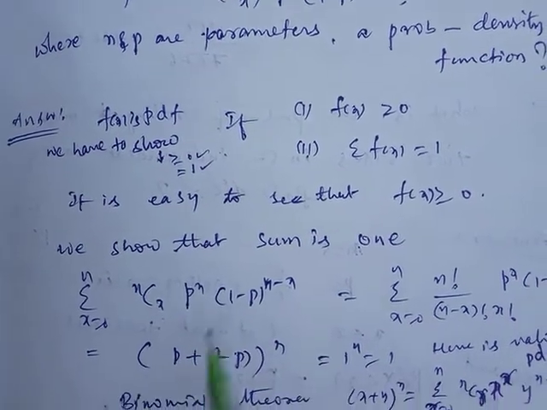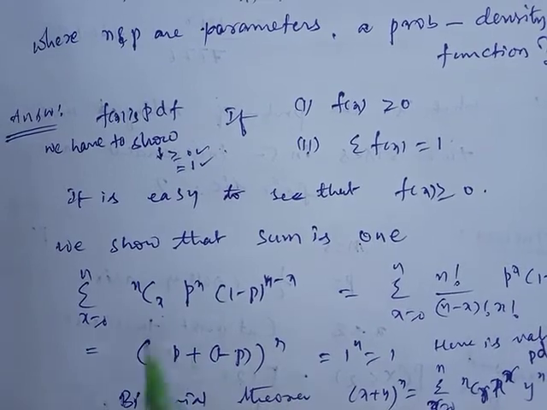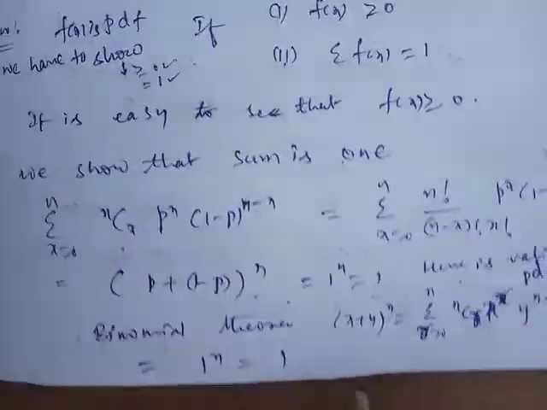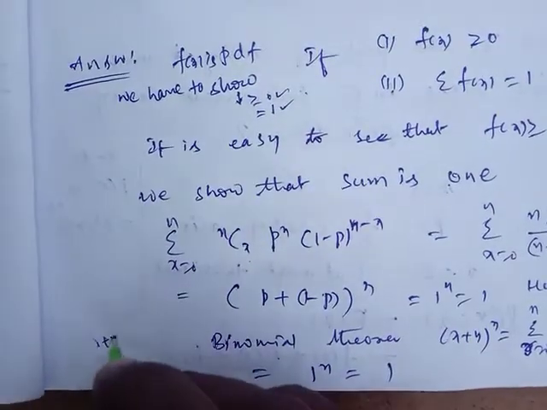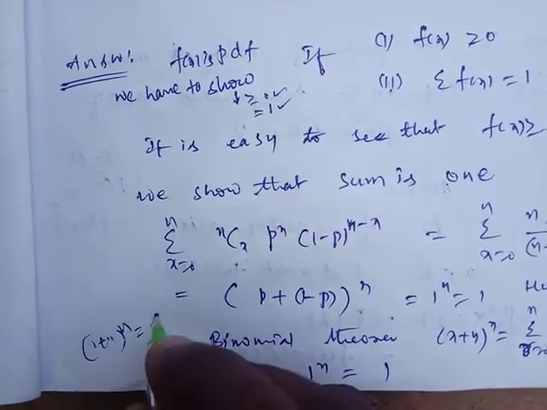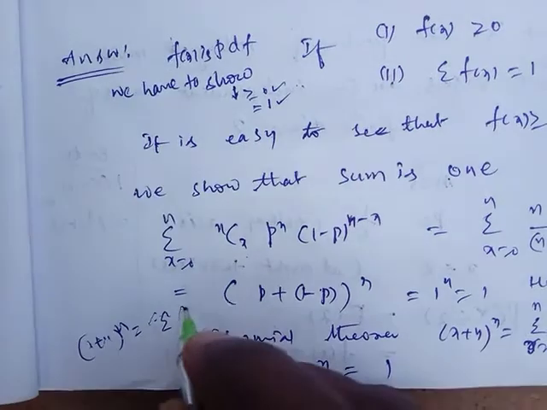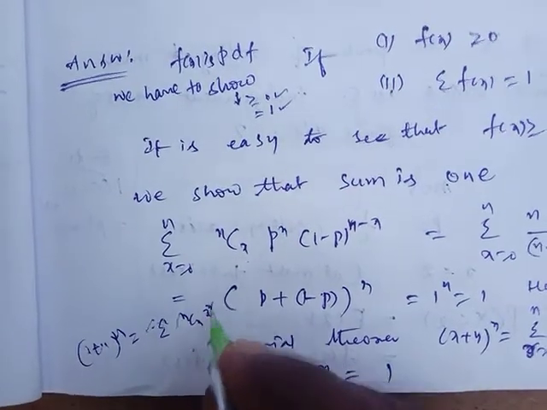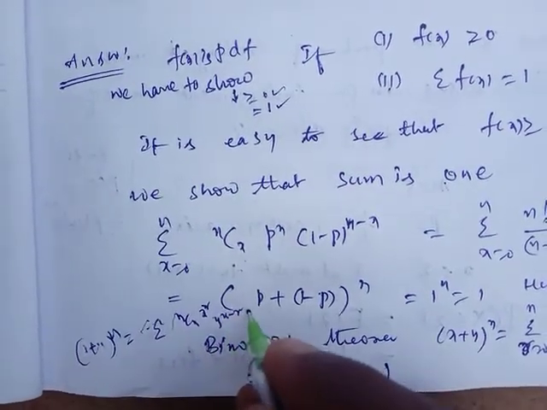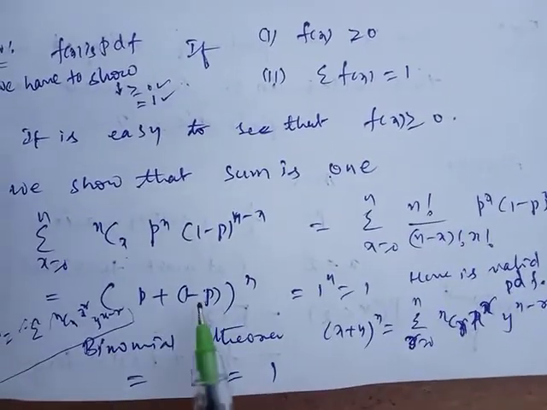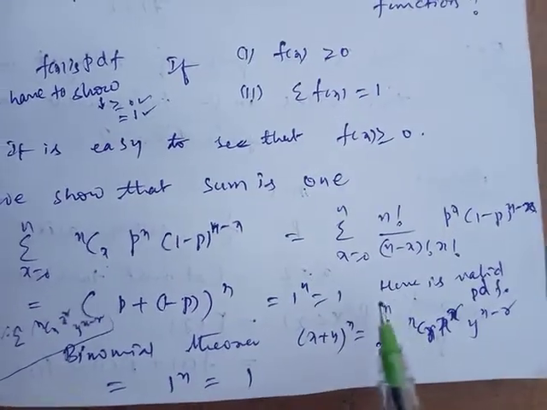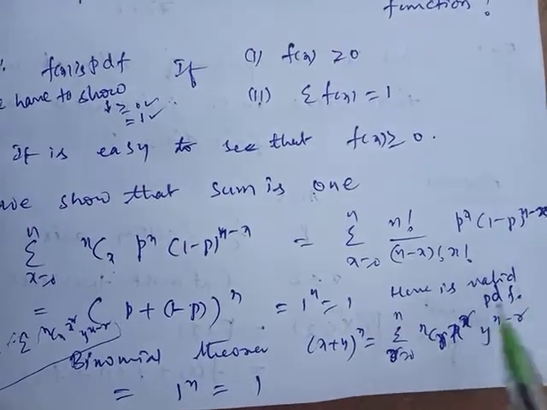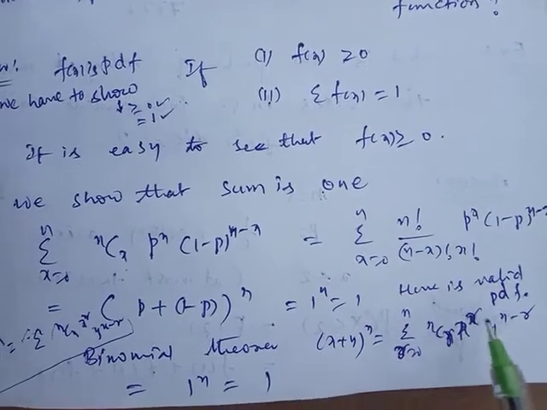So that is (p plus 1 minus p) to the power n, which is binomial. That is (x plus y) to the power n, which equals summation nCr x^r y^(n minus r). So like this, the p terms will cancel, only 1 to the power n remains, and 1 to any power is always equal to 1. Hence the given density function is a valid density function for the given binomial random variable x.